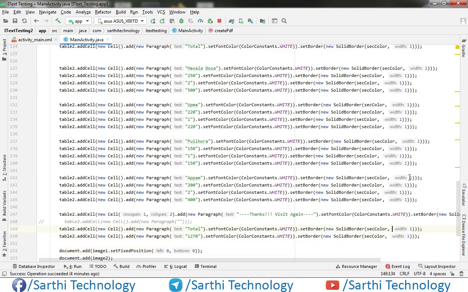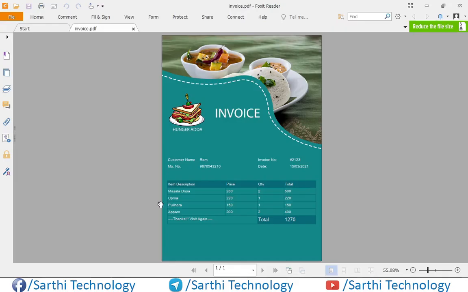Now border is ready and one thing is remaining, just set the background of this cell.